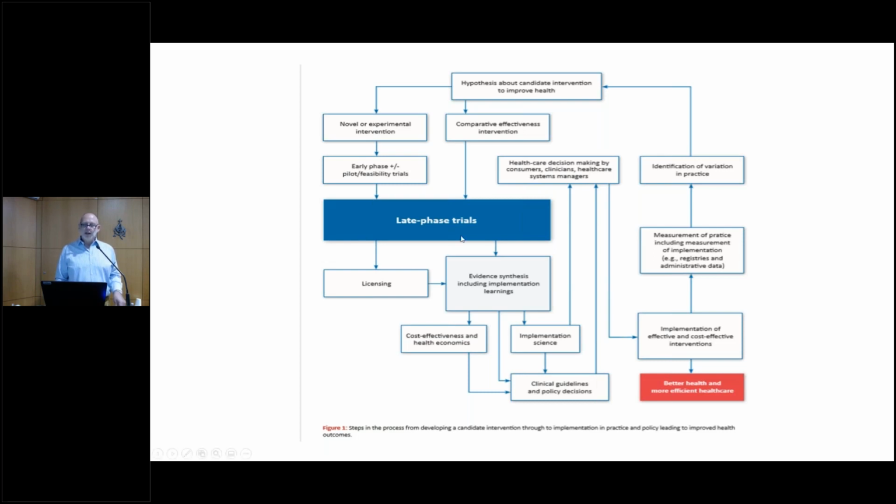So there's a large body of late phase clinical trials occurring. Some of these have to leave the pathway of late phase clinical trials via licensing, because that is a necessary step for them to actually be available in clinical practice and policy. Irrespective of whether the pathway is via licensing, the next step is evidence synthesis, including understanding aspects of implementation science that are relevant. There are then roles for evaluation of cost effectiveness and health economics, and for implementation science, which is something which is incredibly